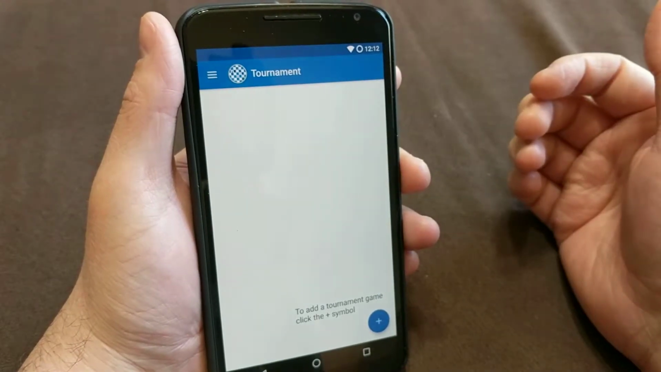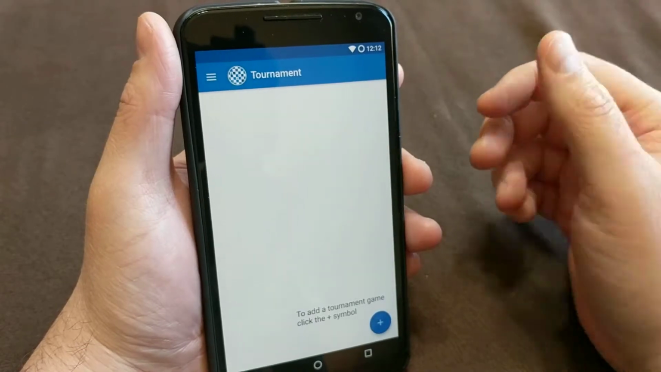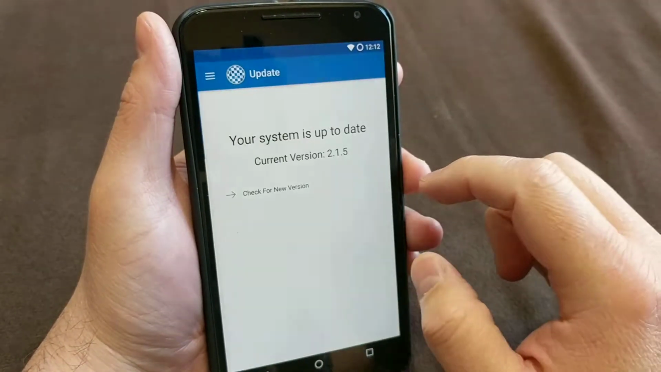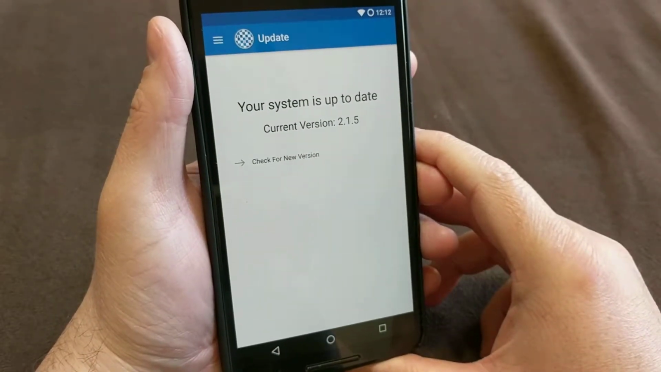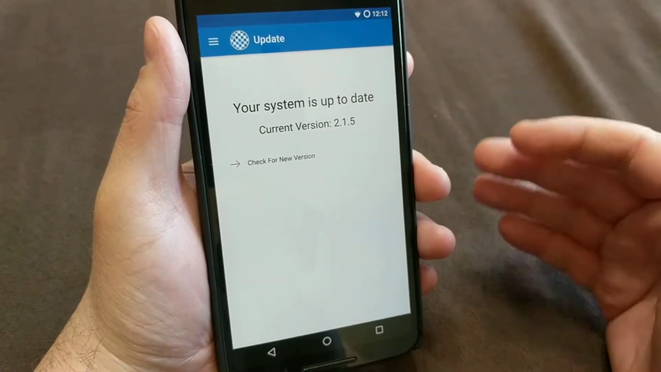So from time to time, we'll be releasing updates on the ChessNoteR. To get new updates, you'll just press your menu button and you'll choose Update. Here's the new update screen that we created in version 2.1.5. When I press this check for new version, it's going to go really quick, so I'll kind of explain